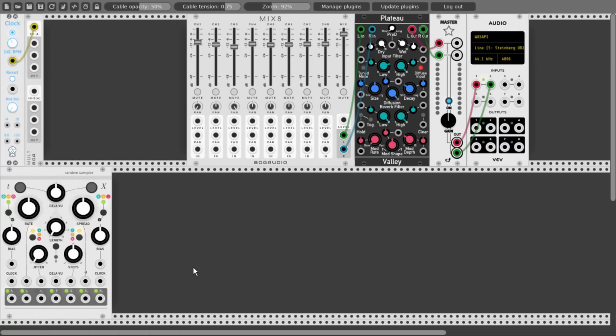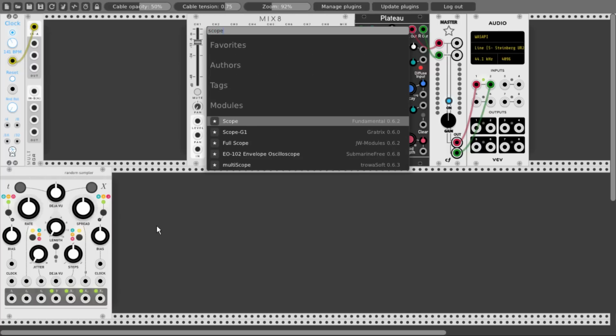And what we can also do is connect a clock to the clock input of this section, and then all three outputs will run together with this clock, regardless of the clock rate in the T section. We also have the steps knob, and let's add a scope shortly to see what we have here.